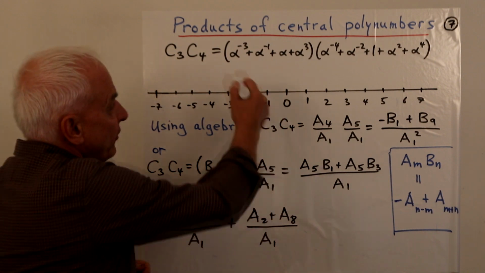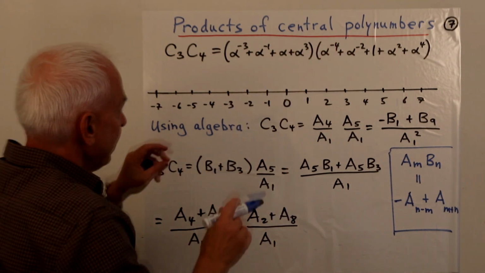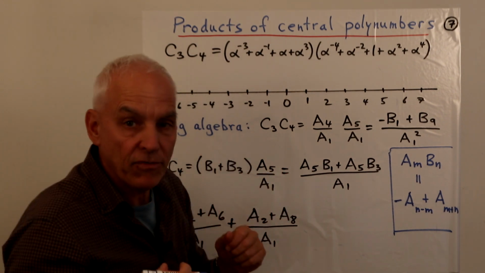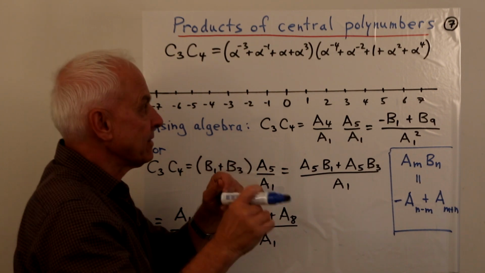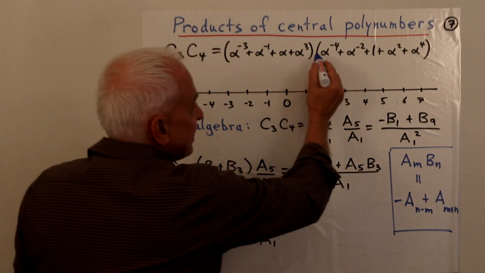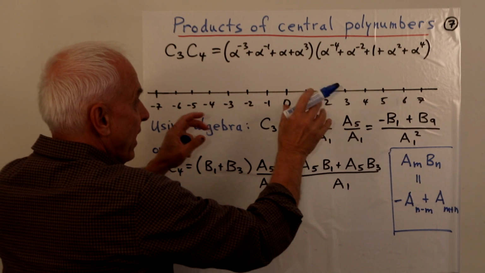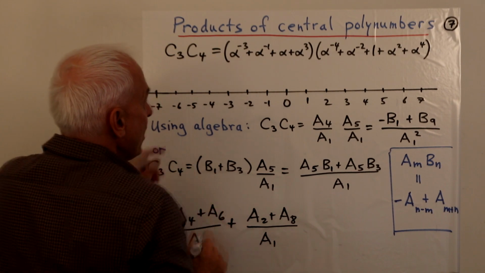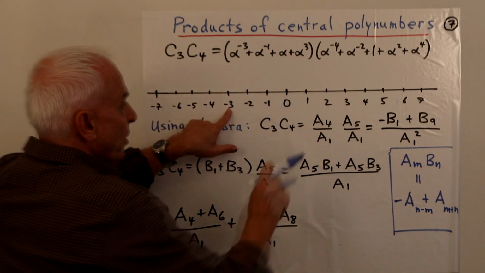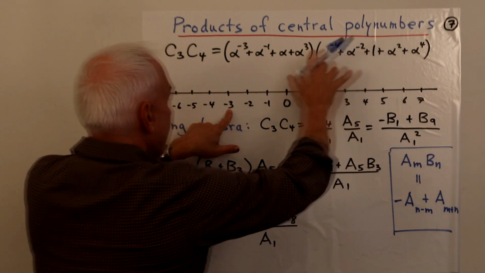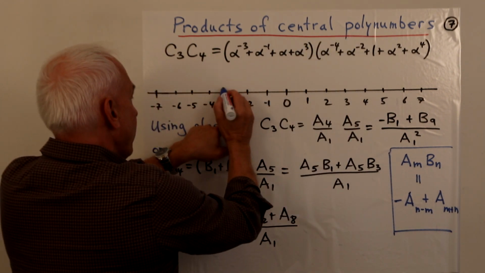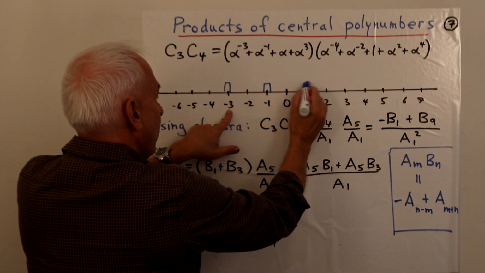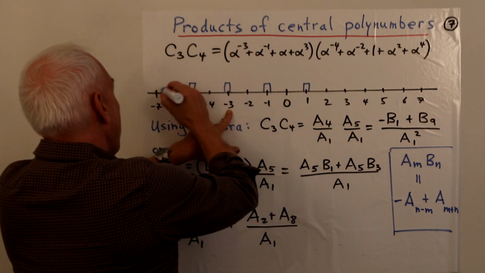So of course, I could just multiply this thing out, but I'm going to do it in a more diagrammatical way, which is more reflective of the way I want you to think about these things, okay, as densities. So let's think about, this is the density that we're going to move and translate and put down in various places depending on these values. So at alpha to the minus 3, that's minus 3 there, we're going to take a copy of this thing here and translate it so that it's centered at minus 3. So what does that look like? Well, it means that there's going to be a 1 there, and then we go up 2, and we go up 2, and we go down 2, and we go down 2, okay?